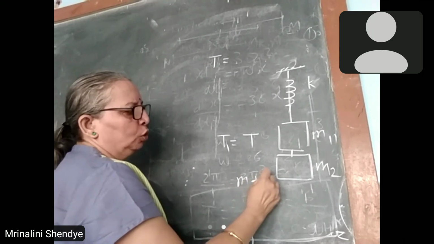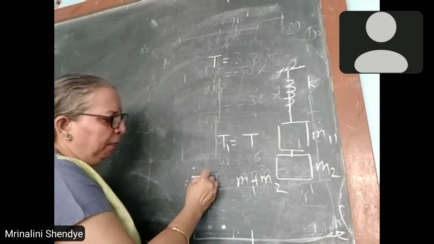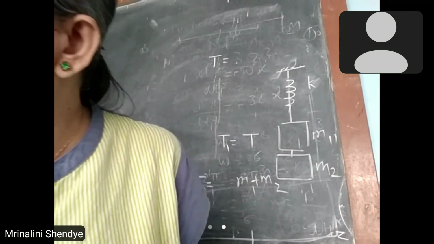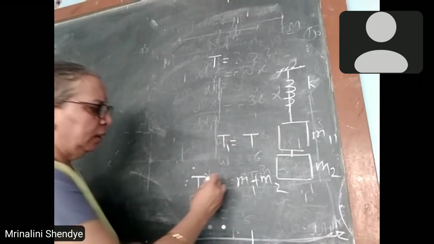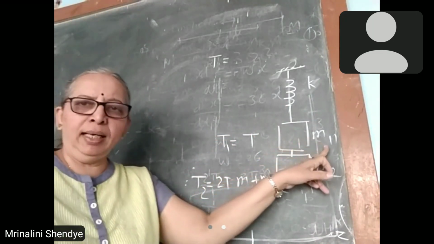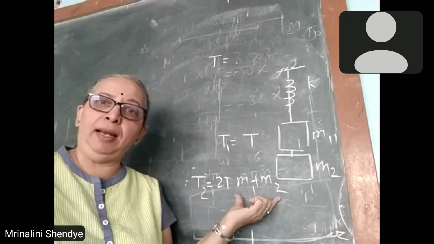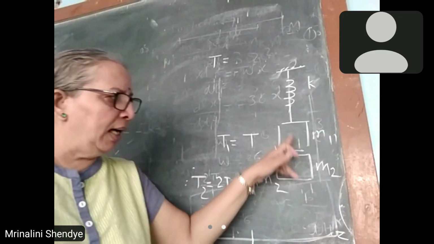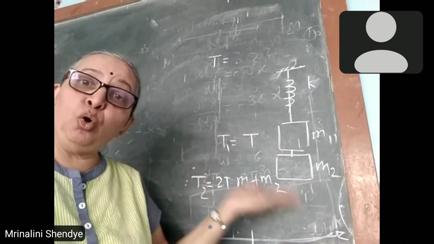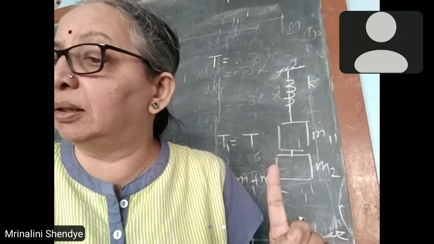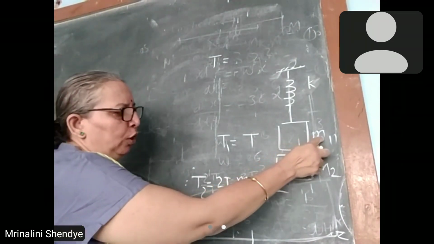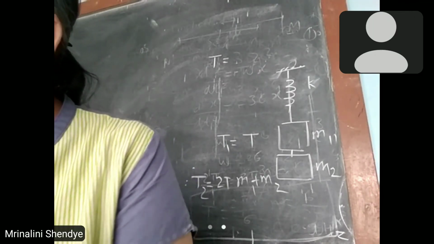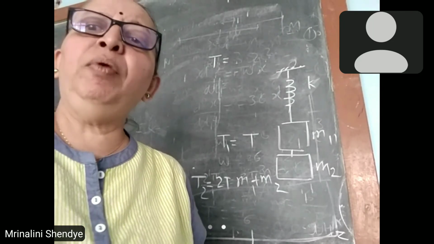plus m2। so जब भी मास m1 plus m2 है तभी पीरियोडिक टाइम t2 है, ऐसा उन लोगों ने बोला है। And that t2 is double the first, 2t इतना है। मास m1 है तो पीरियोडिक टाइम t है, मास m1 प्लस m2 हो गया तो पीरियोडिक टाइम 2t हो गया। यानी कि क्या, if mass is increased period also increases, it is one of the inferences, and hence they have asked to find value of m1 and m2 separately। m1 और m2 की वैल्यू कितनी आनी चाहिए, ऐसा उन लोगों ने पूछा है।